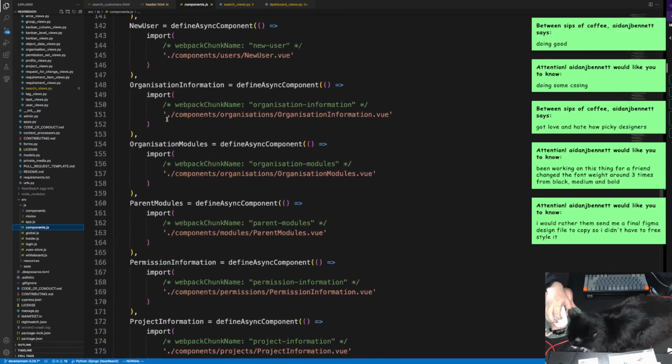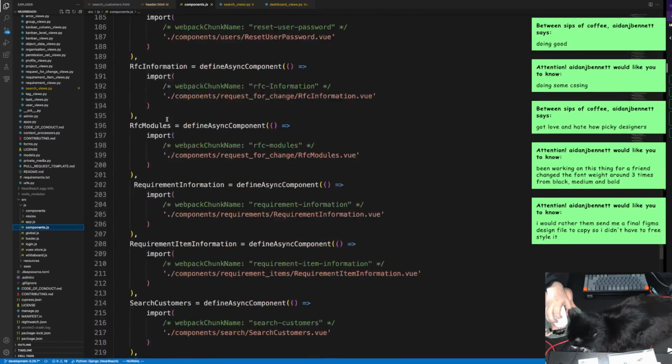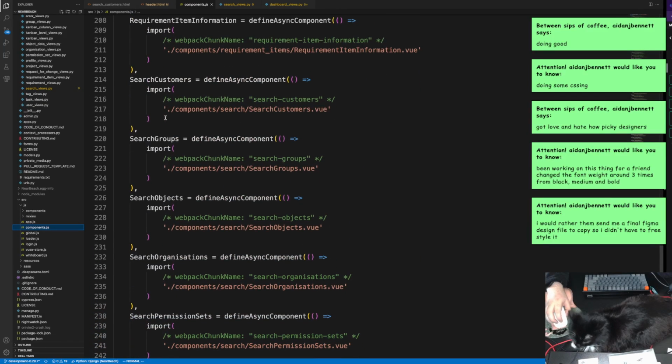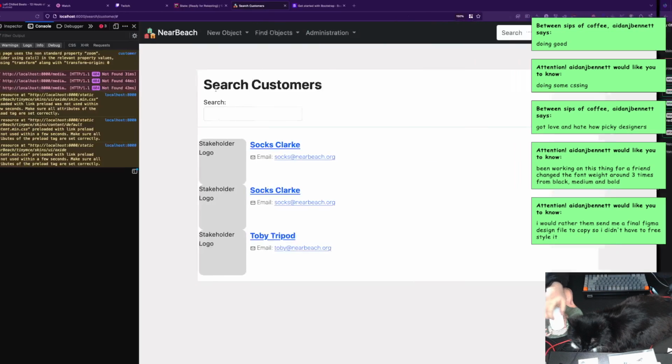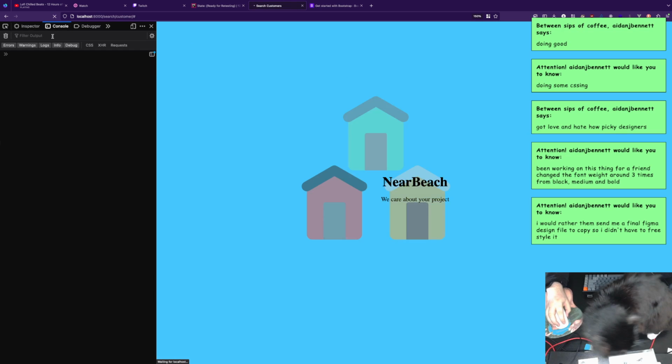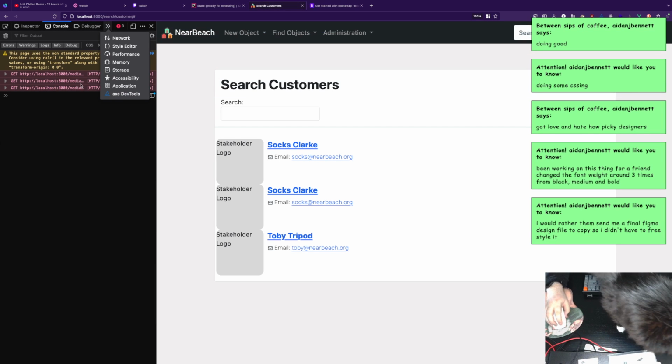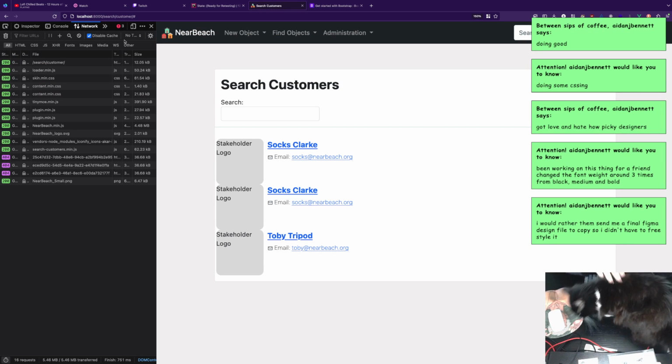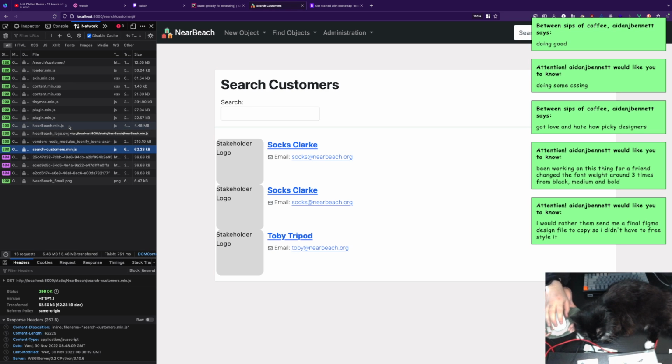They should all be in alphabetical order. Search customers. So it does have its own little component and stuff like that, but that's for its own tiny component. So if we actually hit reload, go to the network tab, you'll see it right here. But you'll also see the NearBeach stuff right here,